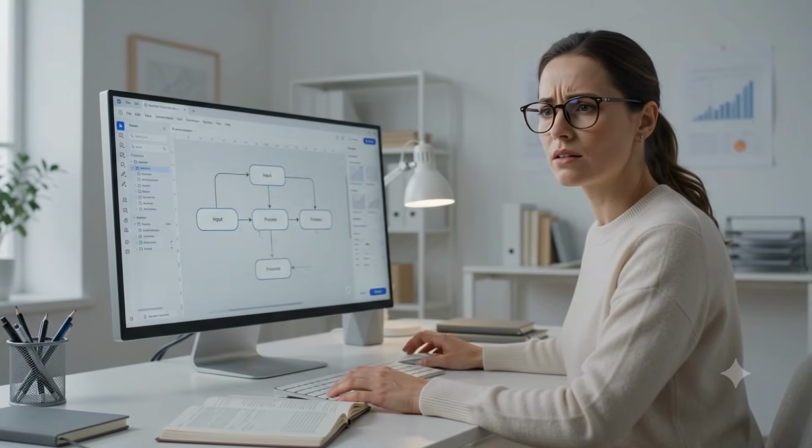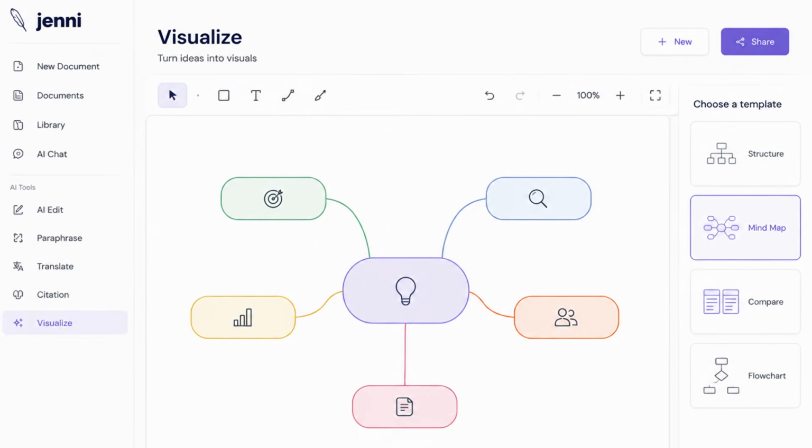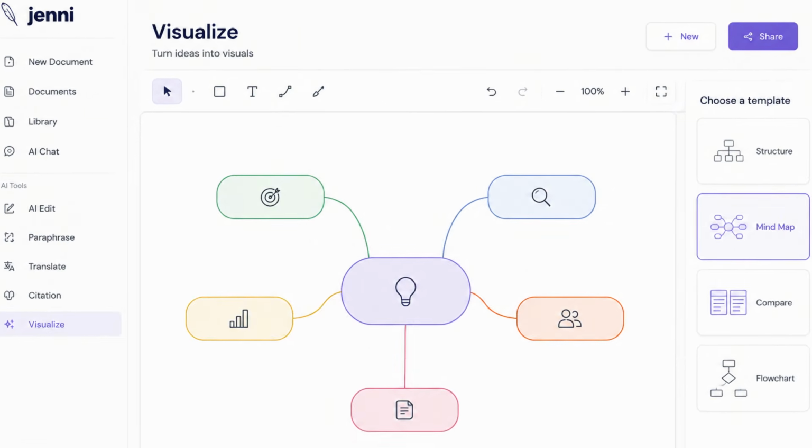When you write any kind of a research document, you juggle between different tools. For example, if you are drawing a workflow, a conceptual framework, or sketching the methodology of your research, then definitely you have to take the assistance of drawing or mind mapping tools. But Jani AI has introduced a new feature in which you can draw a structure, draw a mind map,